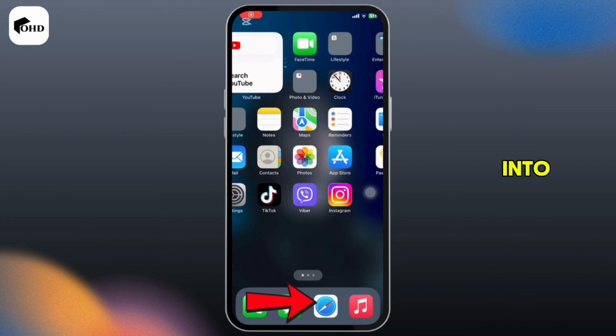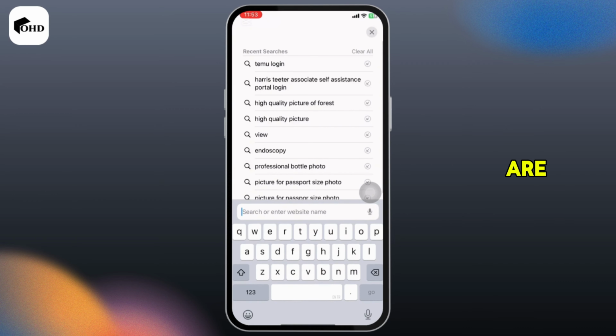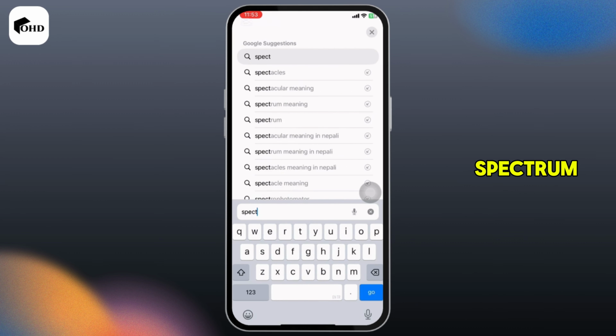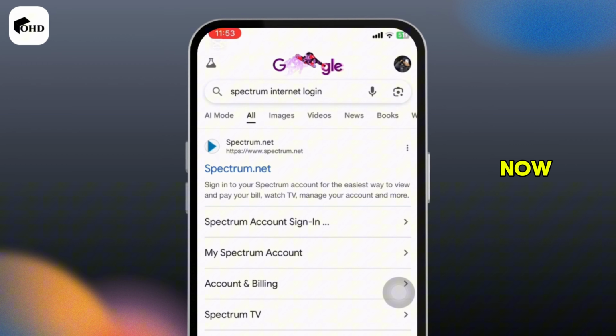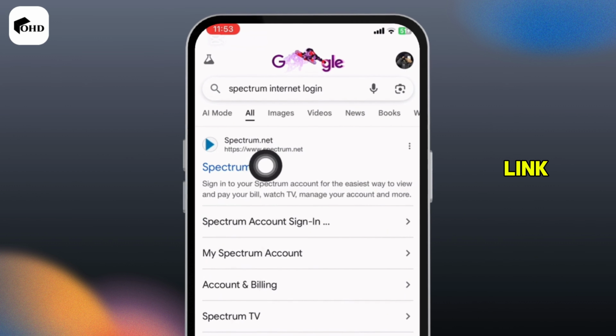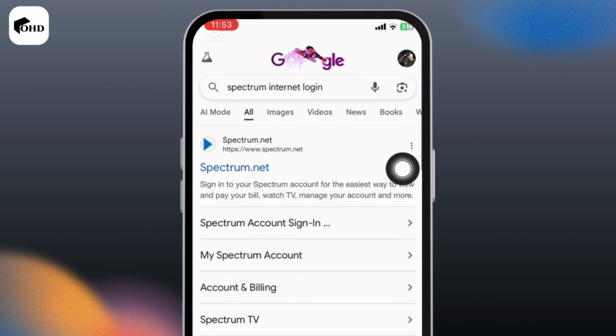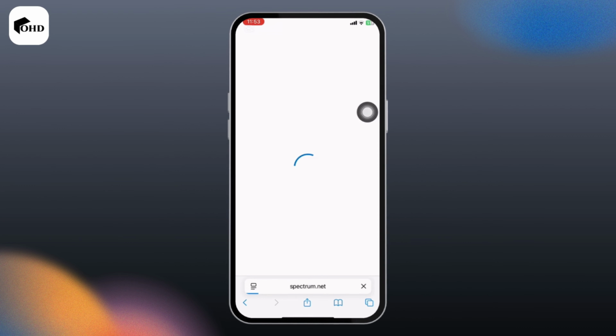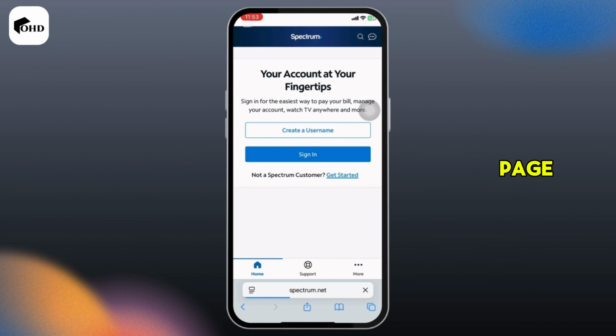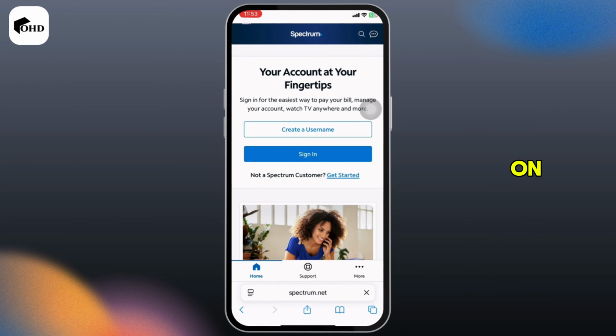First thing first, move into any of the web browser. Once you are here, in the search bar, search for Spectrum login. Now move into the very first link, spectrum.net. Once you're in this page, in order for you to log in, click on sign in right over here and